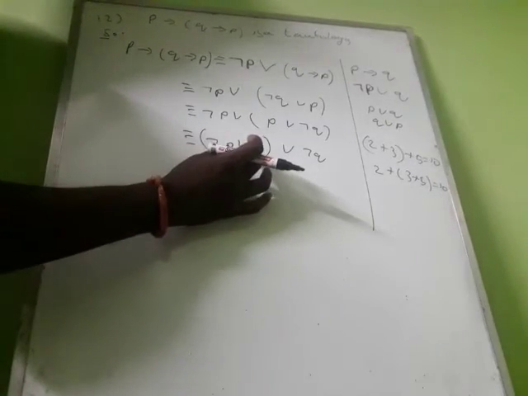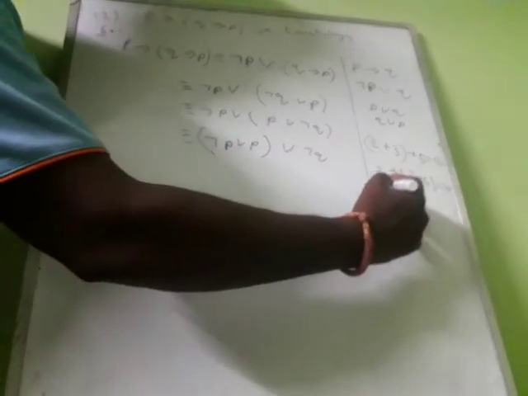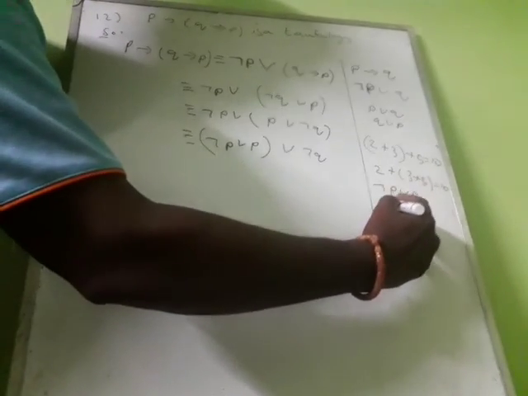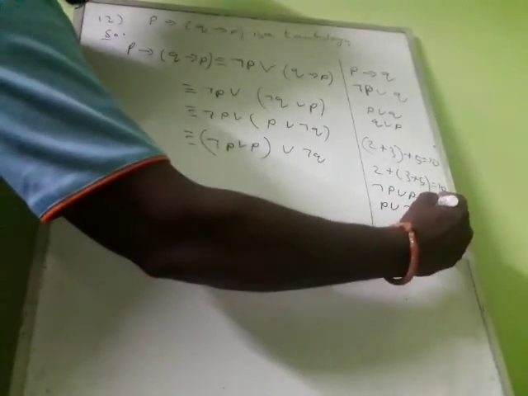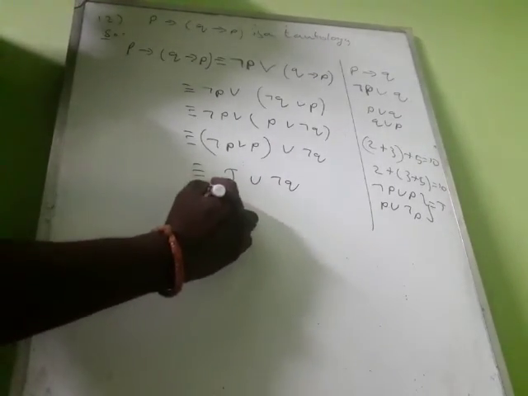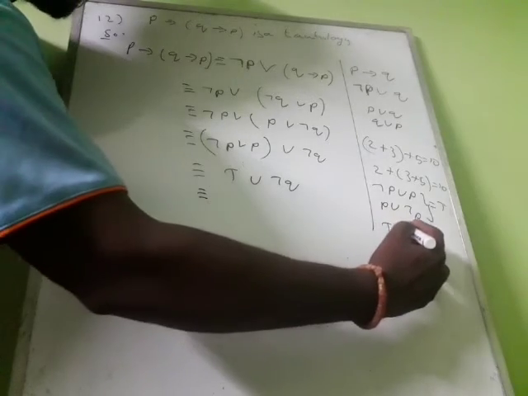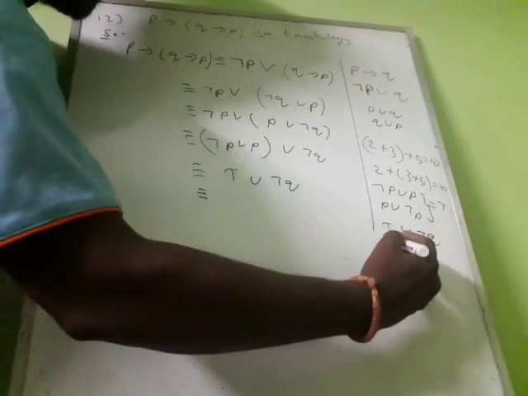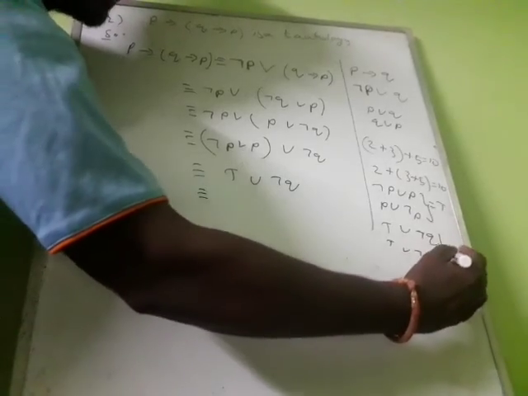Now again, please remember the new properties. Negation of P or P, or P or negation of P, the entire result is true. So any term with the same term's negation joined by OR means the entire result is true. So this entire term we can write as true. We have OR negation of Q. One more thing remains: any term, true or negation of Q, whatever it is, the result is true. So the entire term becomes true. Finally we come to the conclusion that the result is true.